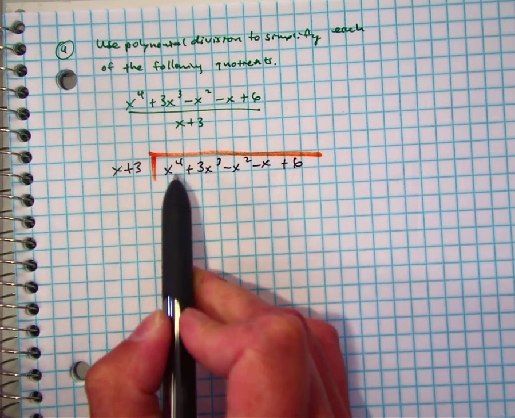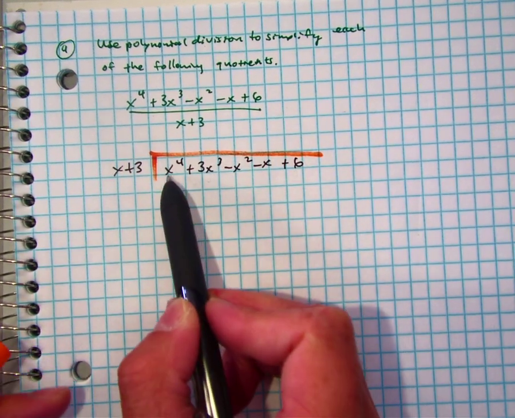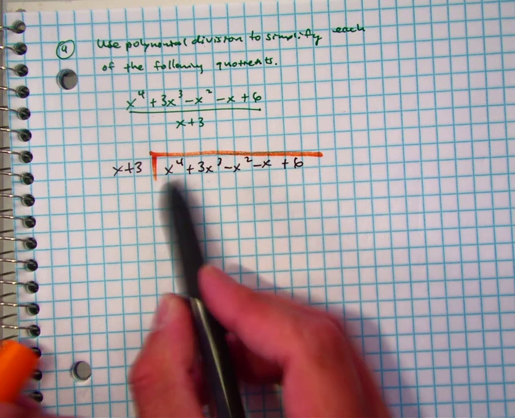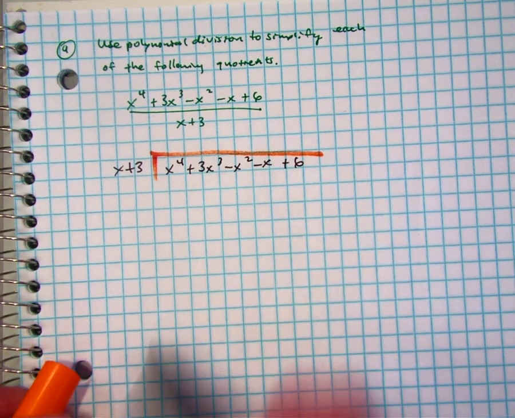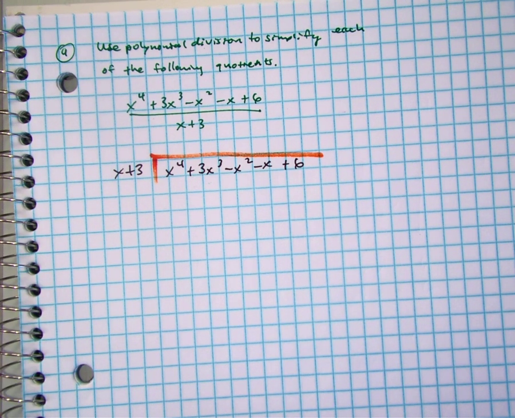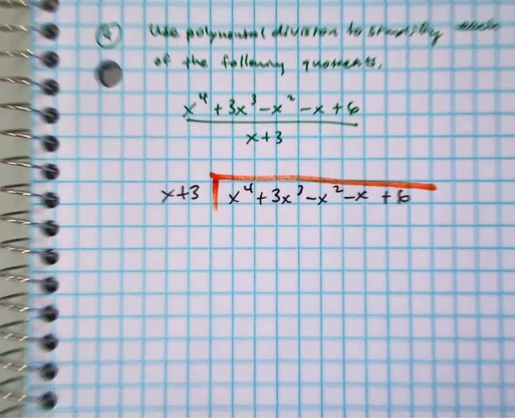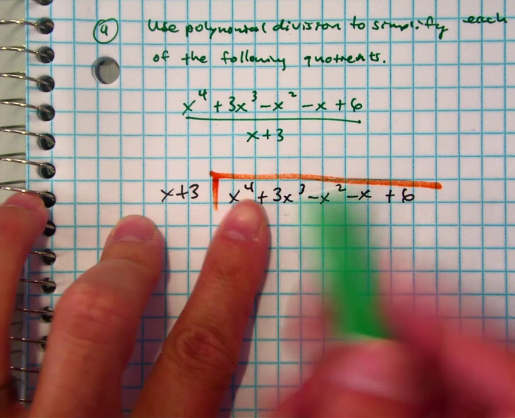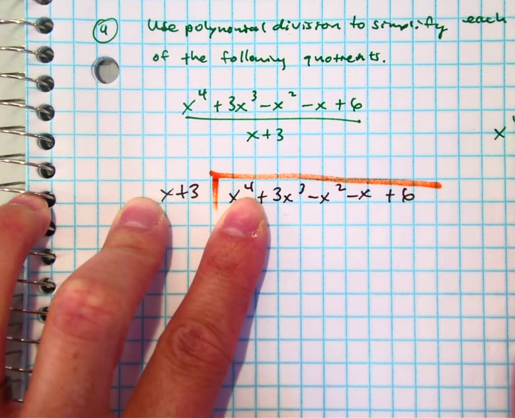I recognize that it's in descending order. I recognize that I have every term, right? If I'm missing any terms, you can do a placeholder or something like a 0x. That doesn't apply. The first thing I'm going to do is make sure I can get x goes into the first one. So if you need to do a side problem, you can do x to the 4th